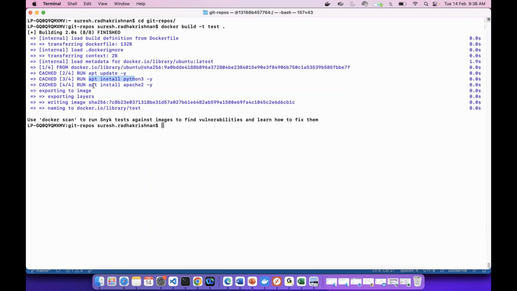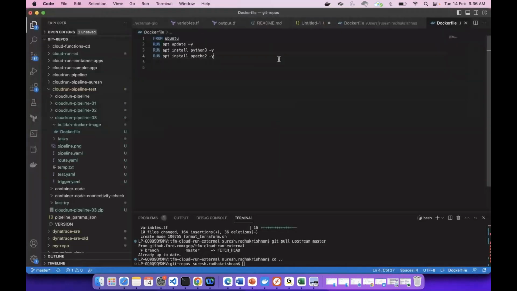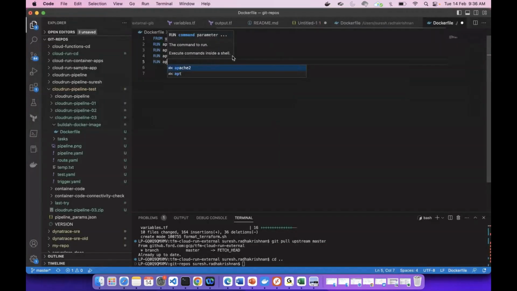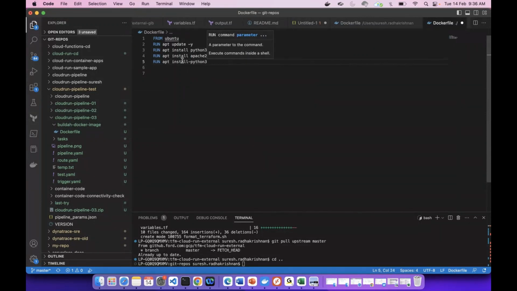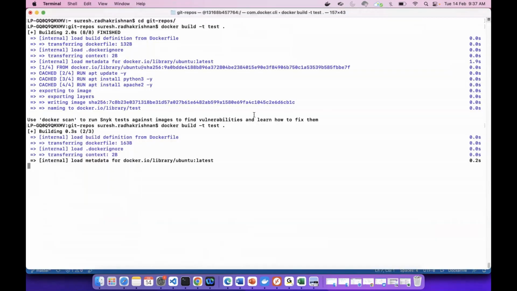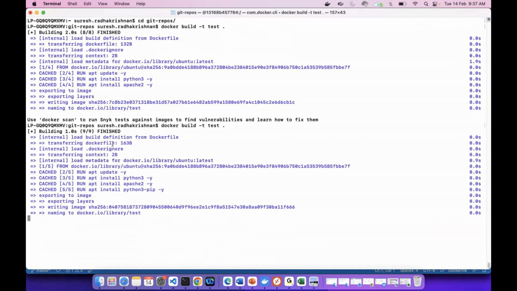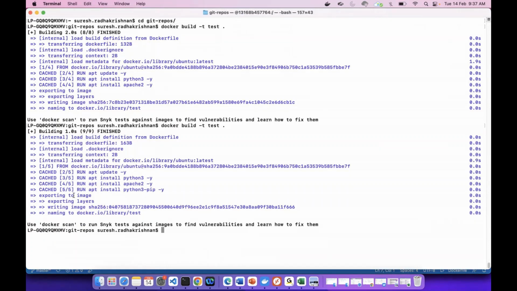If I add python3-pip at the end of the line, it is not disturbing anything, right? It is just adding at the end. That's it. For example, if I add this at the top now,